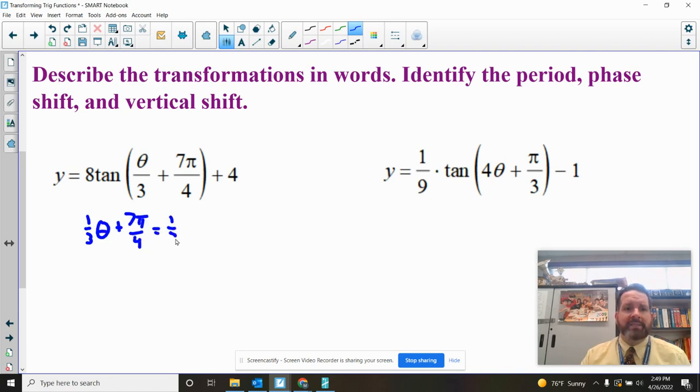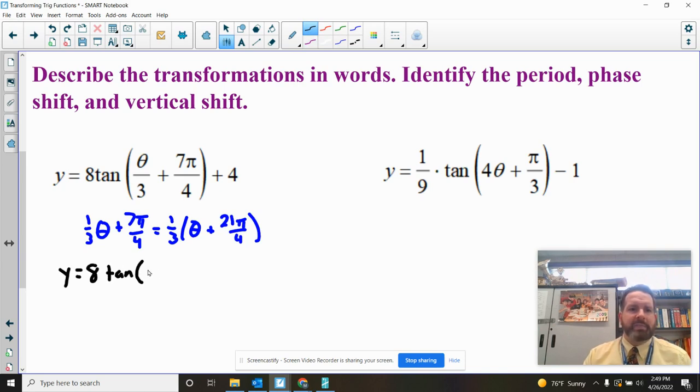We're going to rewrite this as 1/3 times parentheses theta plus. Now, when you divide a 1/3 away, that's the same as multiplying by 3. So this ends up being 21 pi over 4. So I'm going to rewrite here in black, y equals 8 tangent, parentheses, 1/3, parentheses, theta plus 21 pi over 4